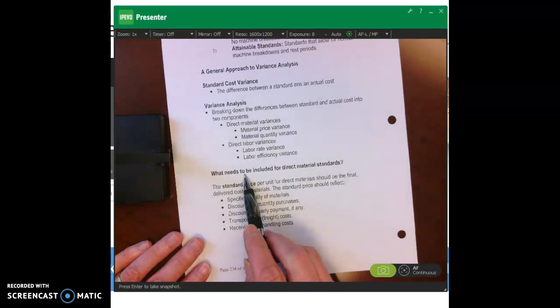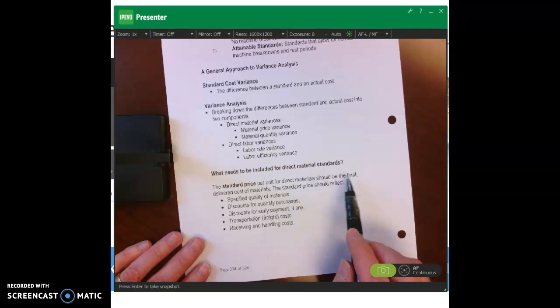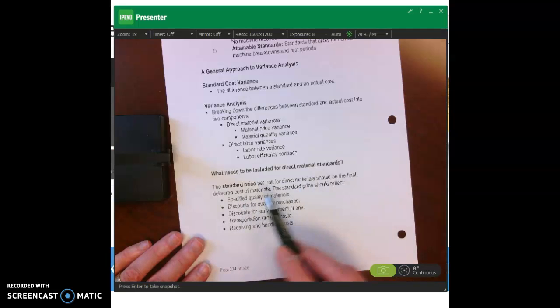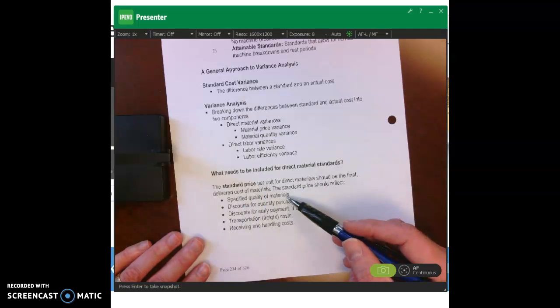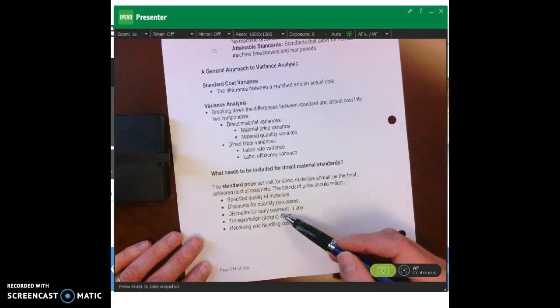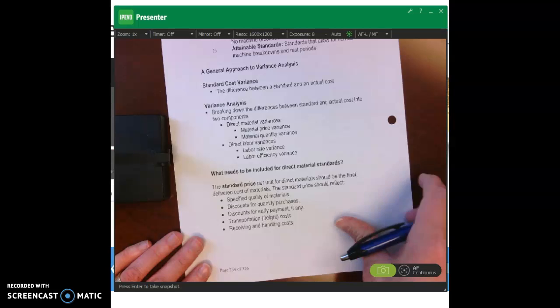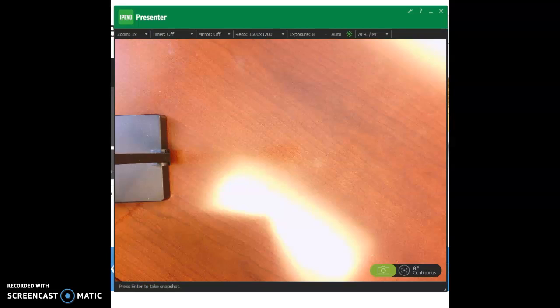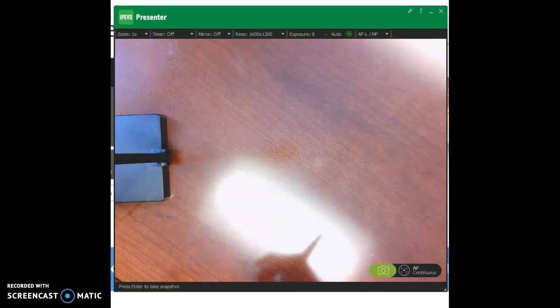Now, in terms of what needs to be included in our direct material standard, we can say our standard price per unit for direct materials should be the final delivered cost of materials. It should include, for example, the specified quality of materials, any discounts for early purchases, discounts for early payment, transportation costs, and also receiving and handling costs. Okay? If you think about our standard quantity